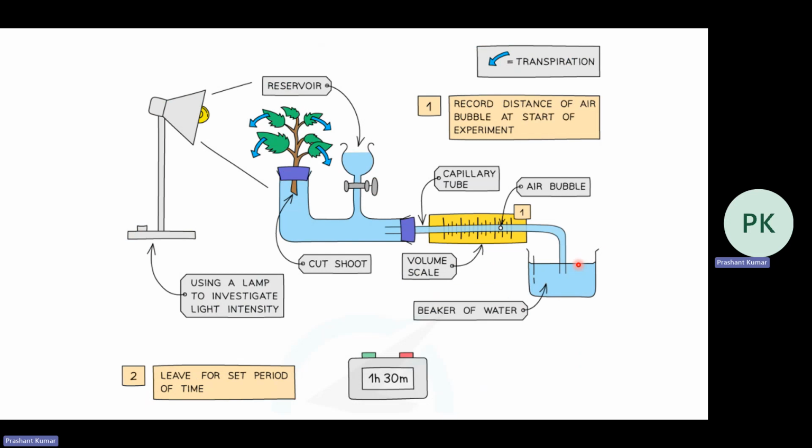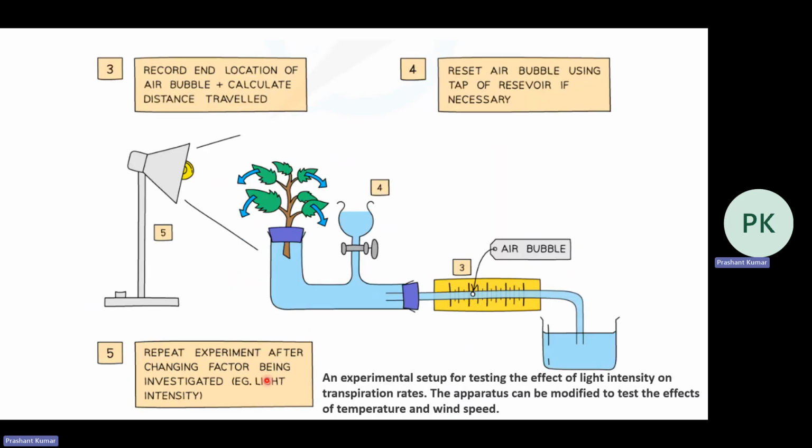So number one, we have seen, record the distance of the air bubble at the start of the experiment. Leave for a set period of time. Like, don't sit and wait and see what is happening. You have to give some time so that the process can continue. Record the end location of the air bubble. So suppose the air bubble starting was here, now it reached here. Calculate the distance traveled by the air bubble, and reset the air bubble using